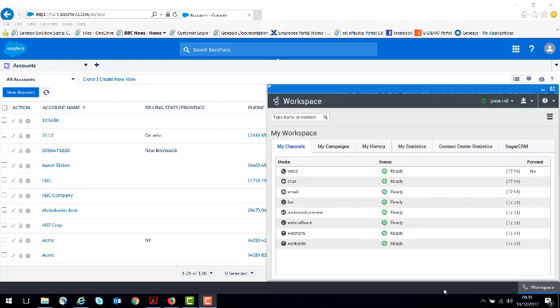This is a video demonstration of the Genesys GPlus adapter for Salesforce. This differs from the previous demonstration, which was the Workspace connector based product. This product, the adapter, is a jointly developed and jointly supported product between Genesys and Salesforce, and it differs in